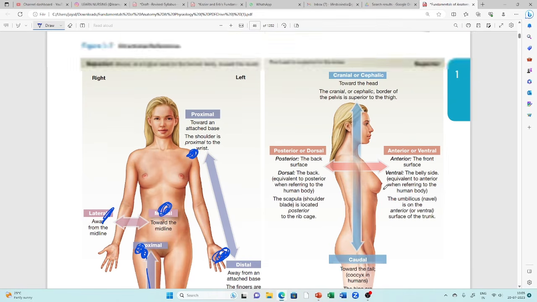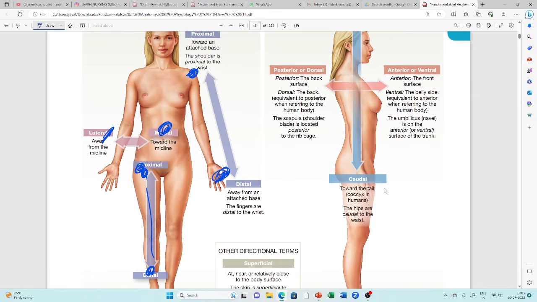Each and every bone has proximal and distal ends. Next, in this also you can see this side is anterior or ventral and this side is posterior or dorsal. This region is the caudal region, because it's the end of the vertebra. Cauda equina will come here. That and all we will study later. Don't get tense now. After hearing these new words, you should not be tense. It's very easy. I will explain everything later.